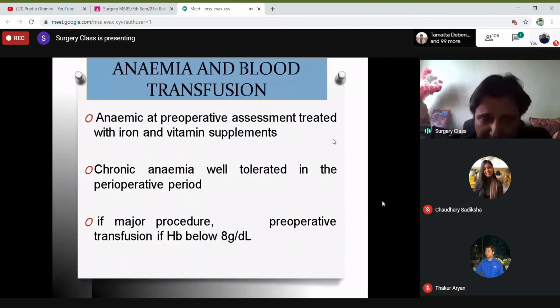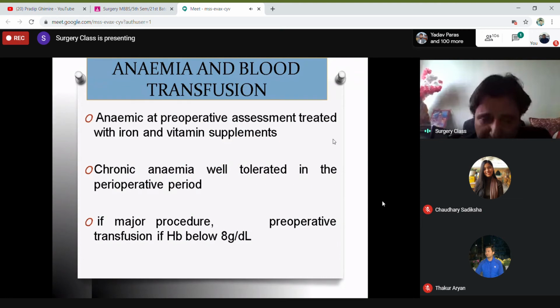And anemia and blood transfusion. See the preoperative assessment. Sometimes the patient may come with a history of bleeding PR, where you find a carcinoma of the cecum which has not been diagnosed. And when you investigate the patient, you will see the patient is severely anemic, maybe around 6 or 5 hemoglobin. So in those sort of cases, you have to lift up the hemoglobin,